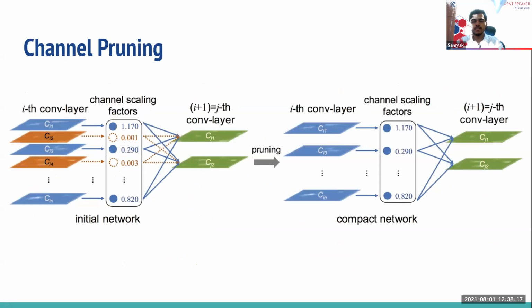So here is an illustration of channel pruning. We know that convolutional layers have a number of channels, which are 3 channels for the input layer and gradually increasing. So we associate a scaling factor with each channel, and this scaling factor is a trainable parameter which is trained along with the network. After training, we remove the channels which have low magnitude of this factor, and then we create a new network consisting only of the remaining channels. This way we get a compact network, not by removing individual neurons, but by removing entire channels.